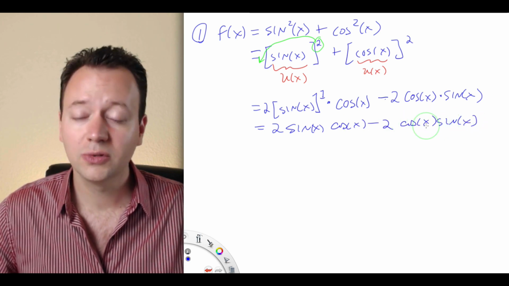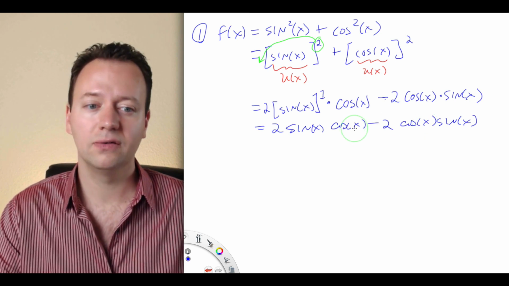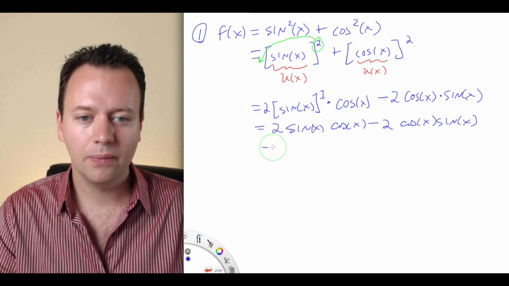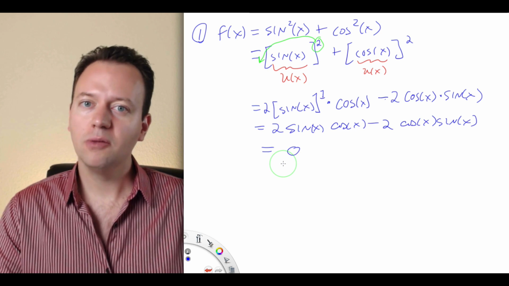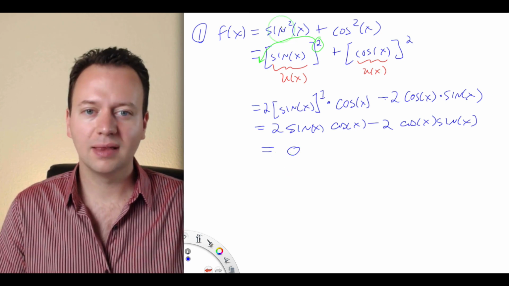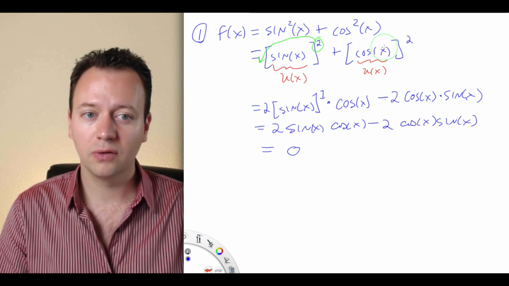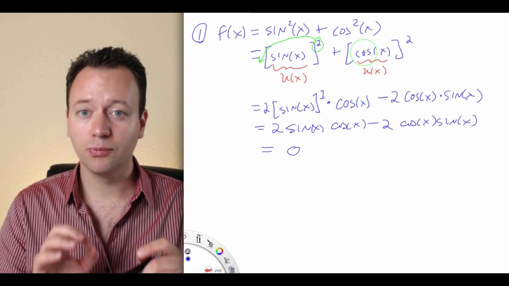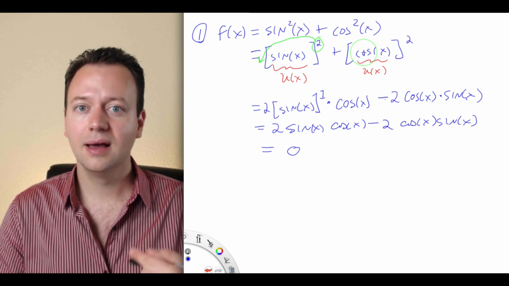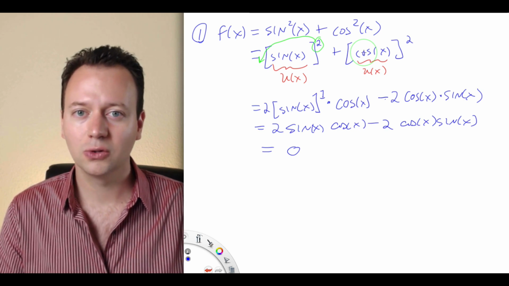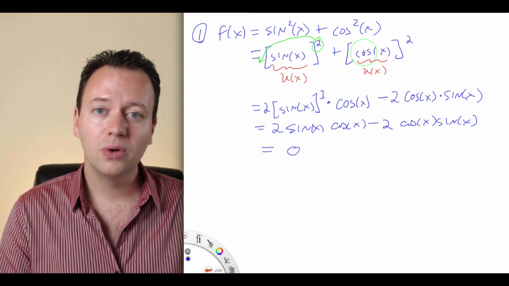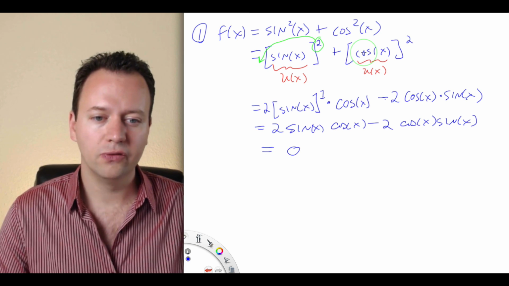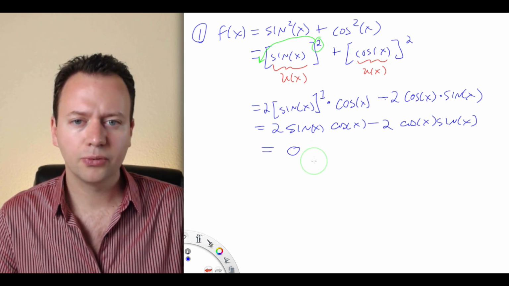Now these two terms are the same, except one has a negative sign, which means they cancel out and we just get 0. Now you might have expected that if you picked up on the fact that sine squared of x plus cosine squared of x is always equal to 1. But what we actually did in this example is we proved the identity that sine squared x plus cosine squared x is equal to 1. The reason we proved that, well, we almost proved it. So what this proves,